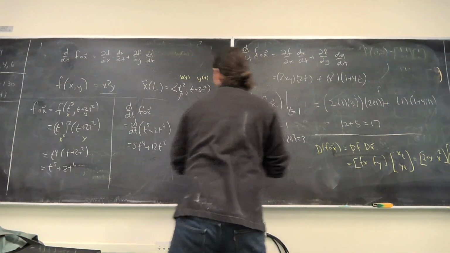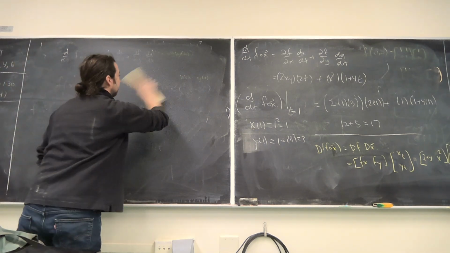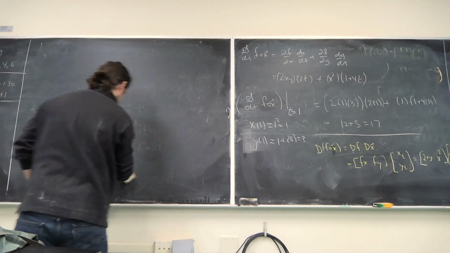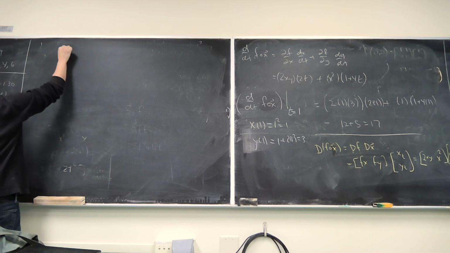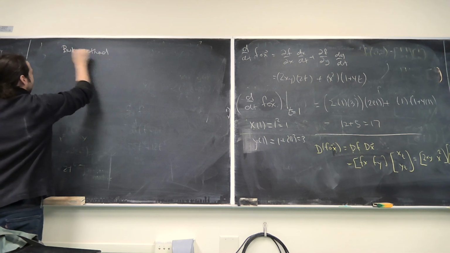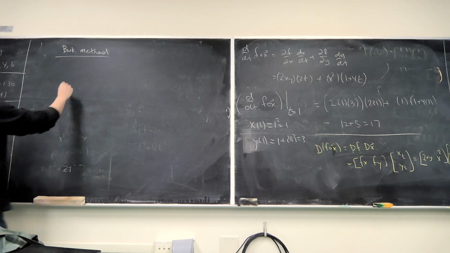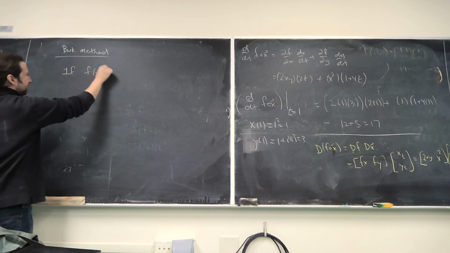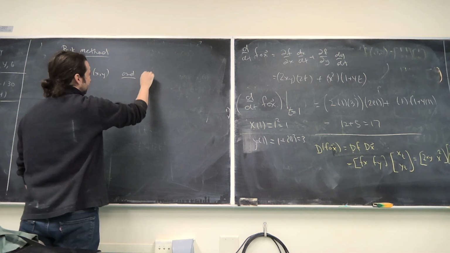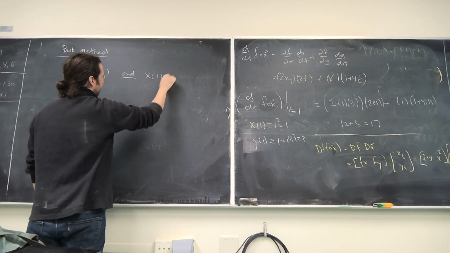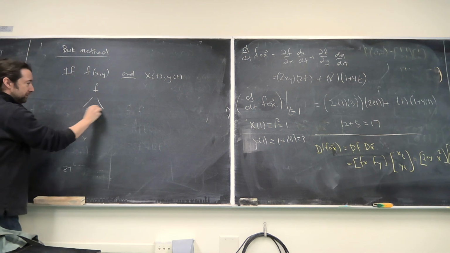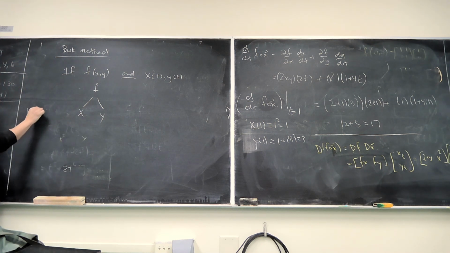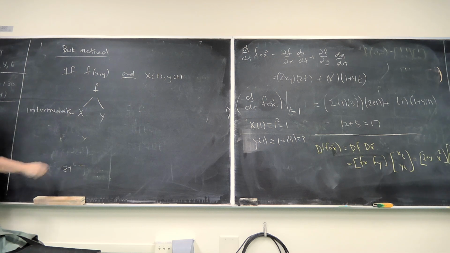Okay, so let's do one more example here. And here's where I'm going to give you a preview of the book's method for doing this. So how would the book tell you to do this? So the book tells you, hey, it's the book method. And then maybe you can see my irritation with what the book tells you to do. The book says, hey, if you happen to have a function f of x and y, and x is a function of t, and y is a function of t, then you do this little chart where f is on top, and then you say, oh, there's these things called intermediate variables. And then x is a function of t, and y is a function of t, and these are called the